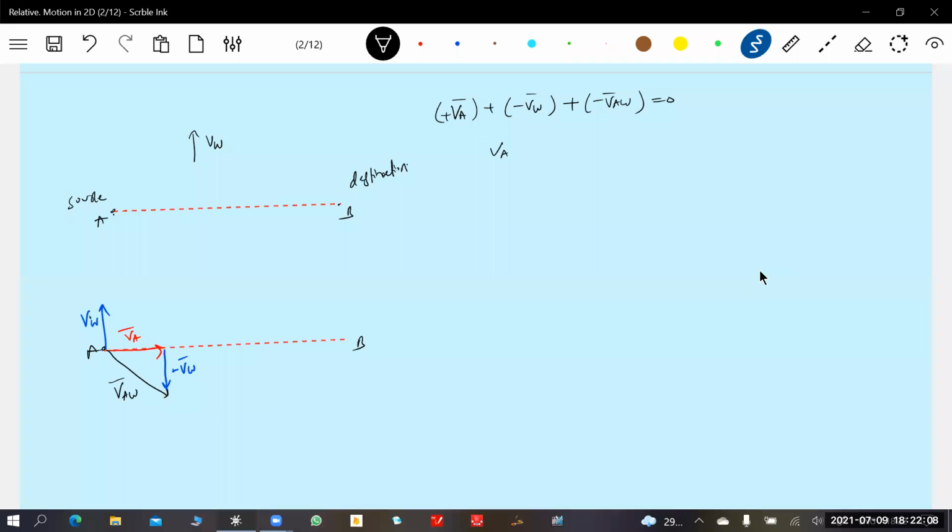So if I write it, in what direction should I head the plane? I should make it move somewhere in this direction. The wind velocity will push it, and finally I'll get the VA bar. Okay, able to get this one? The effect of wind has to be taken into the picture. That's all here.